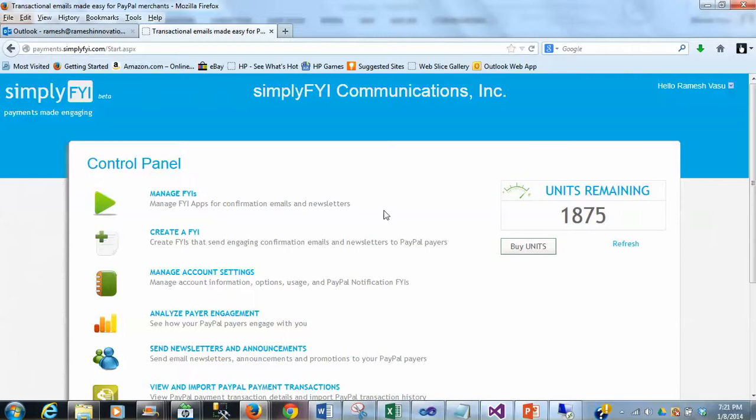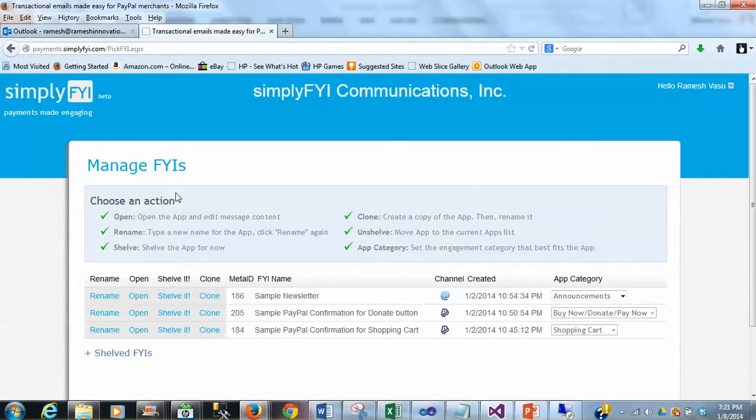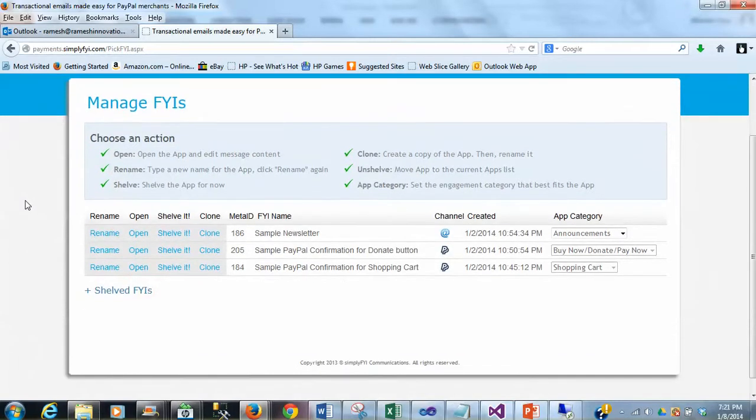So we start with the control panel. We'll click on manage FYIs. When you sign up, you will see that there are three apps that we provide out of the box. For this demo, we are going to make a copy of the app called Sample PayPal Confirmation for Donate button. As you can see in the app category column, this type of app works for the buy now, donate,